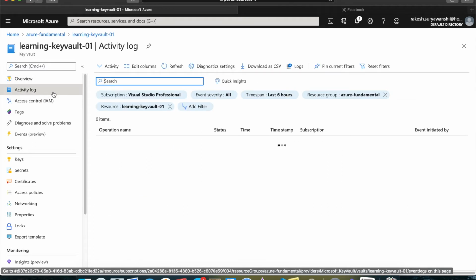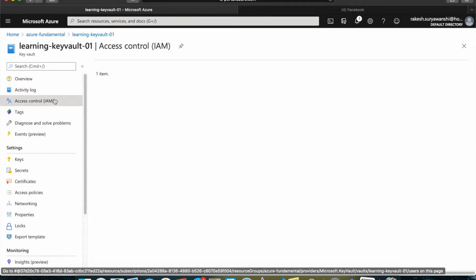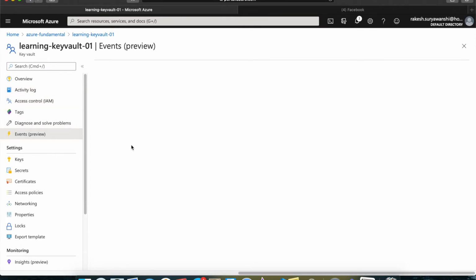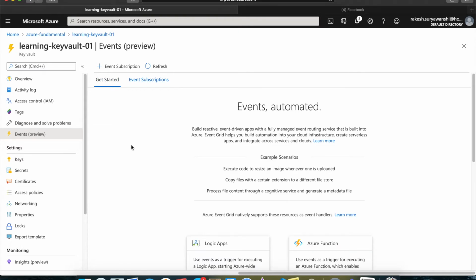So if I go and check here, I can check the access logs. So what all things and permissions are involved. Again, I can specify the different types of events on the key vaults. For example, let's say a scenario wherein I want to make a judgment on what if somebody is trying to access a key vault. In that case, I want to notify the administrator team. So let's say if somebody is trying to hack a key vault, and once somebody is trying to reach the key vault properties and the secret, I just want to make sure I'm sending a proper notification to the